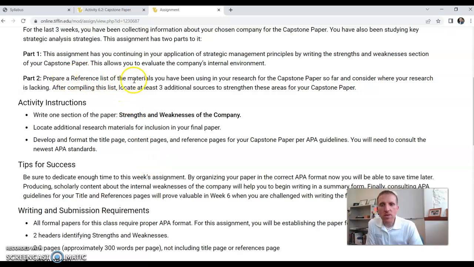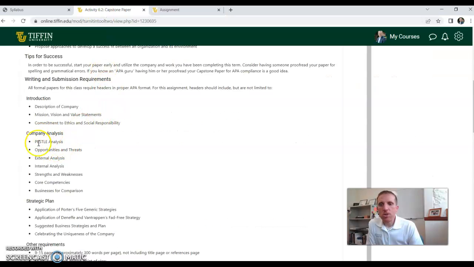Prepare a reference list of the materials you have been using in your research for the capstone paper. So what I'd like you to do is just back to here, right? Last week we had the PESTEL analysis, in that discussion post. So for this week's assignment, I'd like you to just illustrate that